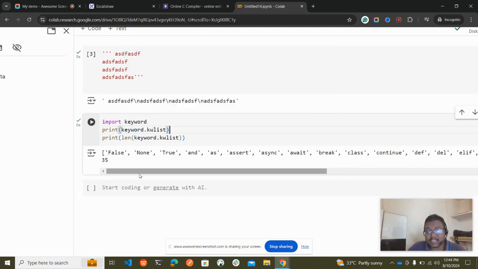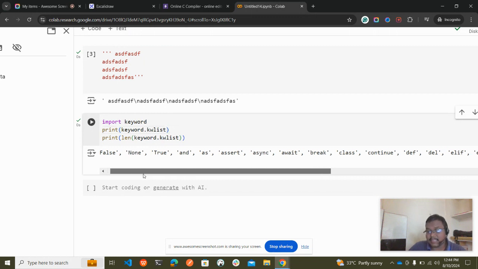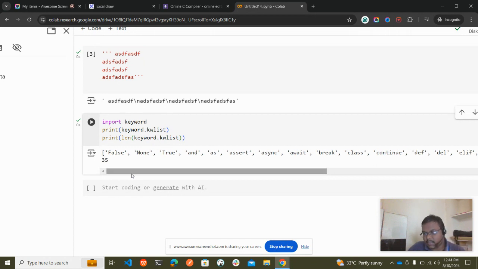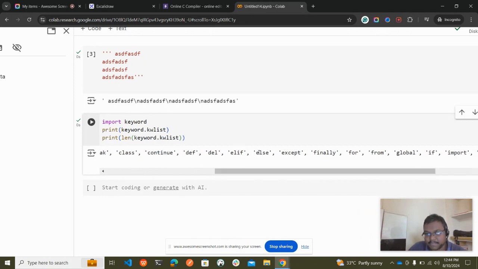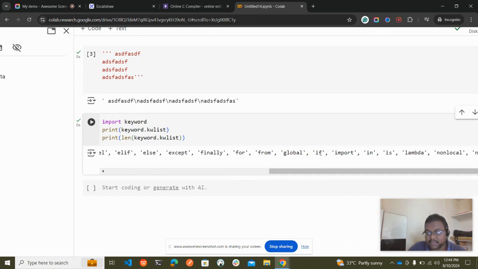In conditional statements, I have said if, elif, and else are the keywords in Python. Whether they are in the keyword list or not, let us see. Elif is there, else is there, and if is there. So we have the keywords here.